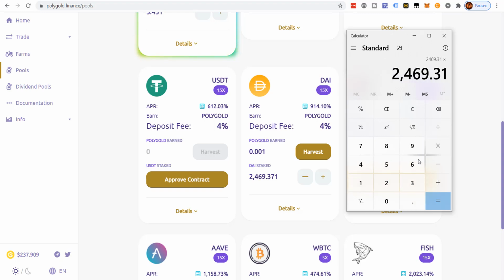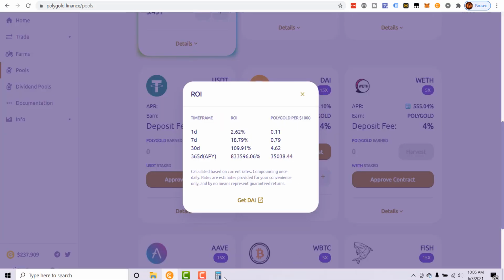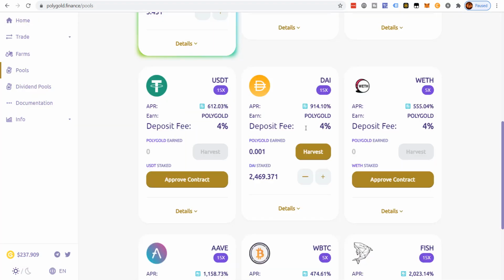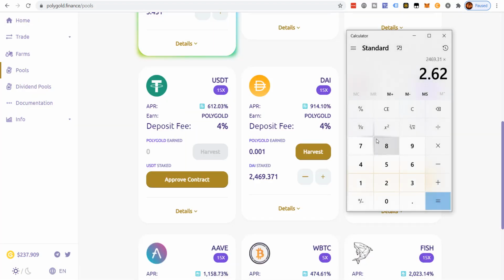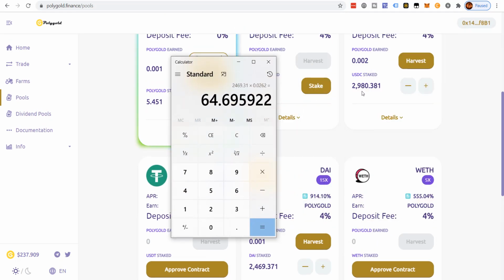2469.31 times 2.62, I believe. $64 a day. $64 a day is what I'm earning right here just with this one. And this one is probably another $60, $70 a day. And if you compound that,